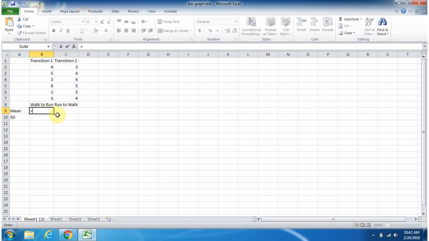And so to calculate the means, I would just use the average function within Excel. Select all these things. It's going to give me my mean for that group. Do the same thing for this one over here. And so there's my averages for each group, or my means,